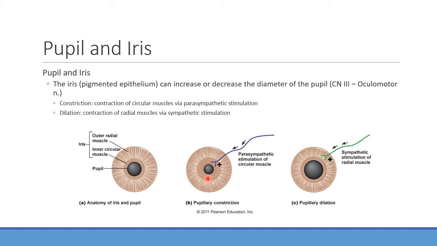We said parasympathetic is what kind of nervous system? Rest and digest, right? So again, if we're kind of resting, we're just kind of sitting around after you had like a big lunch, and you don't really need to see a whole lot. So those pupils can constrict, and that's okay. On the flip side of that, if you were to have contraction of these radial muscles here, it's kind of pulling the iris apart and kind of pulling it to the edges there. And so this is when you end up with that dilation. This is when you end up with that mydriasis.